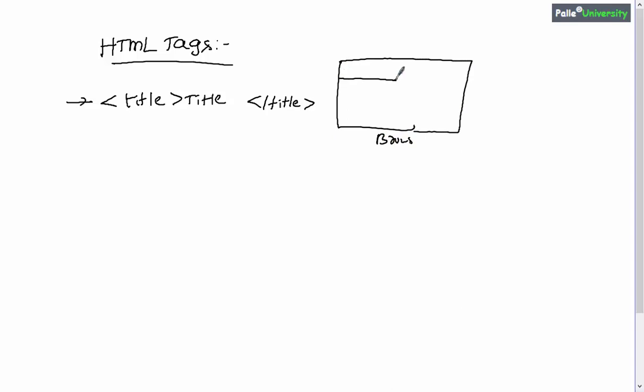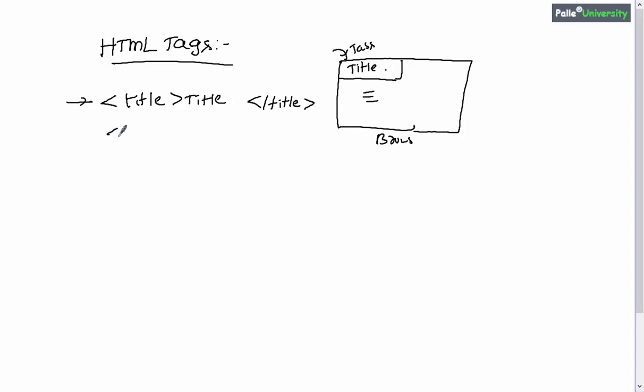When you open the browser, in many cases you will see different types of tabs. Assume that using one of the browsers, I have opened my HTML code which contains some title inside that HTML. So the title will be displayed in the header, or inside the browser's title bar. Okay, so that is the use of the title tag.